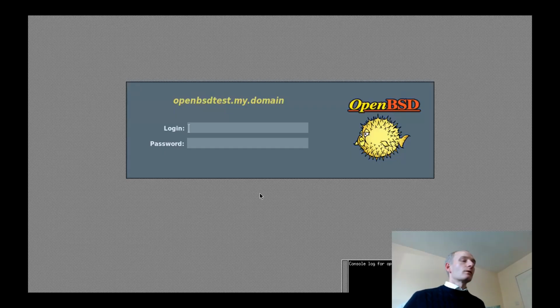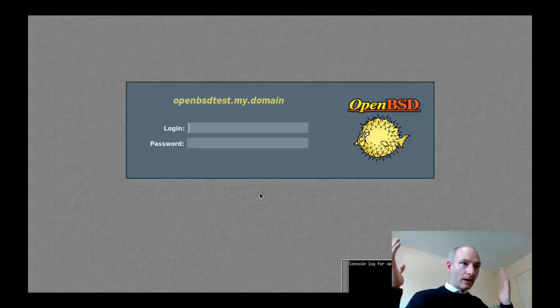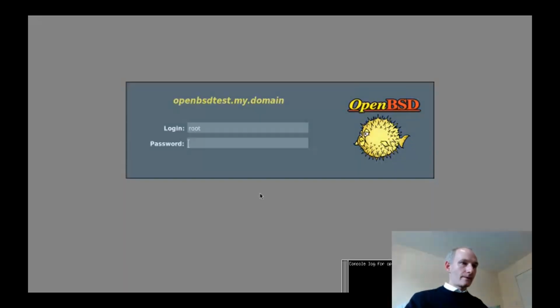Now, as I said in a previous video, my issue with this is it's good for security, but when I start up X, I just want to go into X. I don't want to have to log in again. Now, I know there's ways around this and there's certain ways you can do things. It's just not for me. OpenBSD, this is what they suggest. So I'm going to go in as root, put in my password,